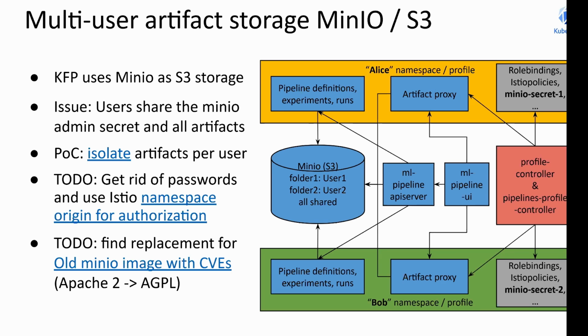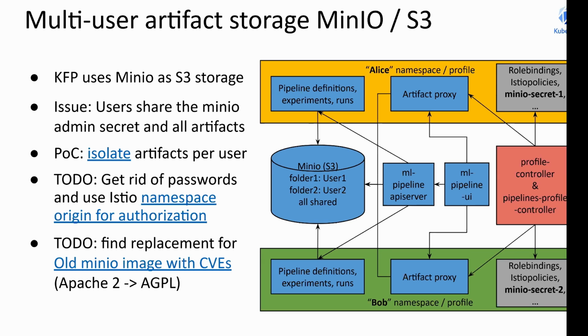My short summary for you today is the following. Even in Kubeflow 1.8, all users share the MinIO admin secret and therefore all artifacts. That means there is zero user isolation and you can mess with other people's pipelines, artifacts, whatever. I have a POC ready to isolate the artifacts per user with separate credentials, per namespace, separate folders on MinIO,